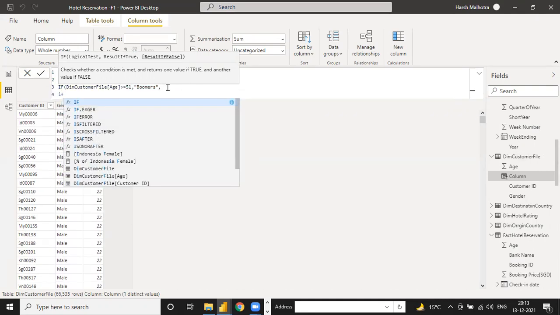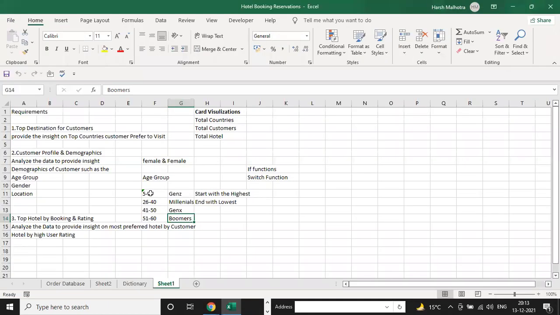Now go to the next condition, because however many conditions you have, you have to write that type of condition for every line.